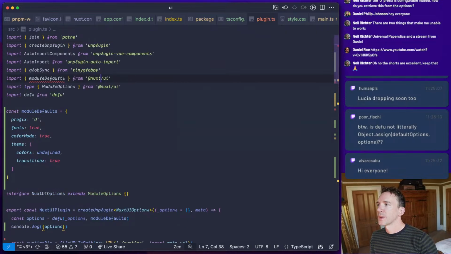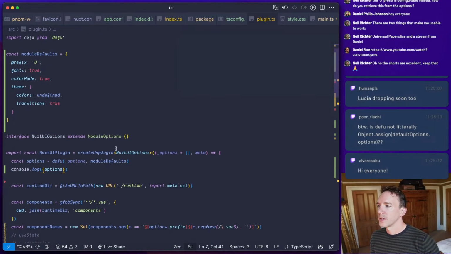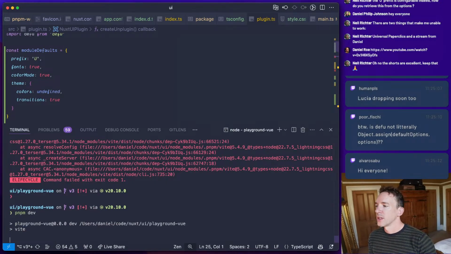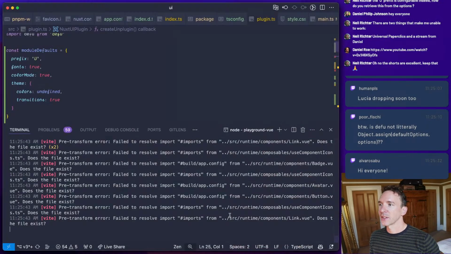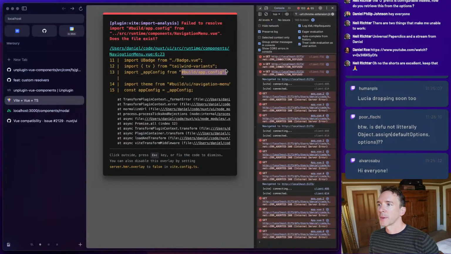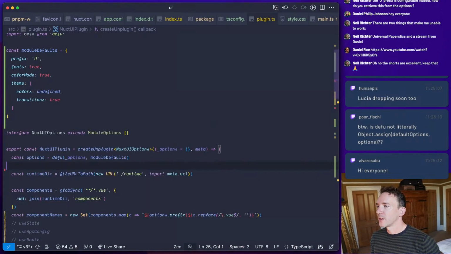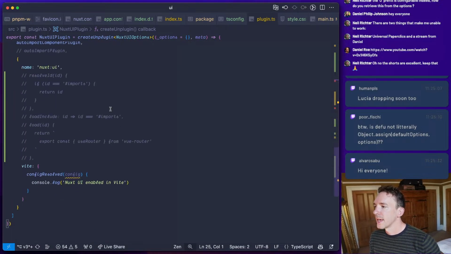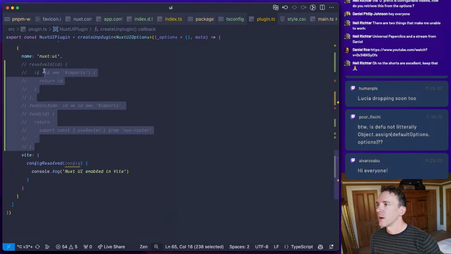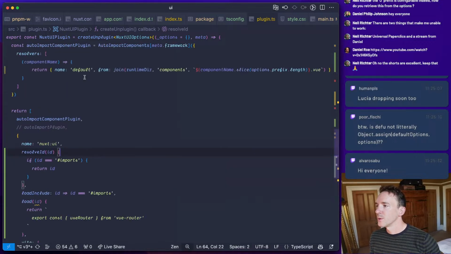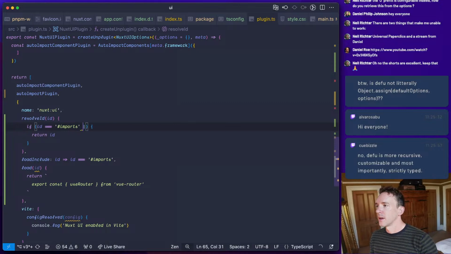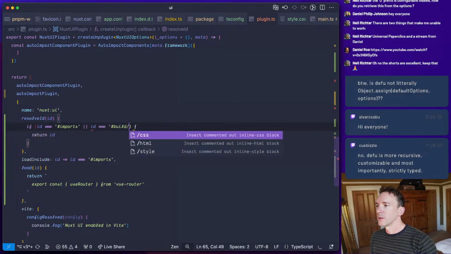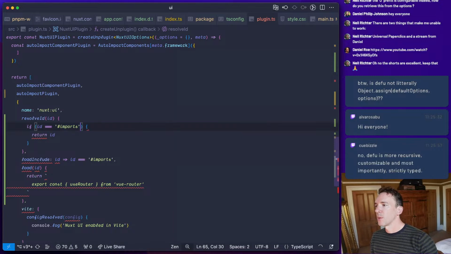And I think that is because of our stub mode here. So let's try this one more time. And I think we're back to we can't import build app config. So we'll handle that in a second. We'll basically say let's allow loading those IDs. Let's add back our auto import plugin and build. I might do this as separate plugins. So we might have